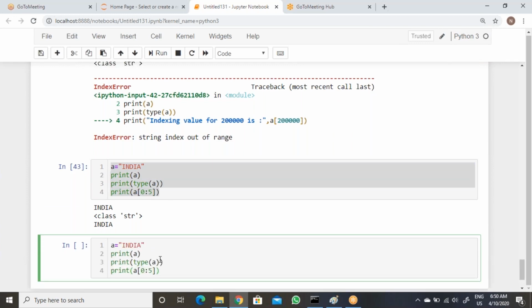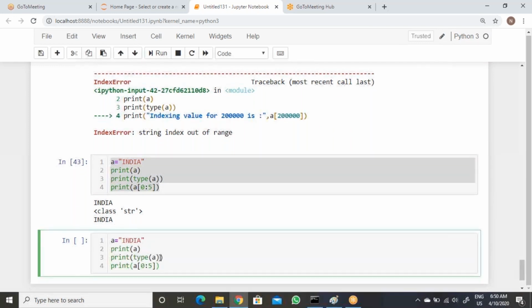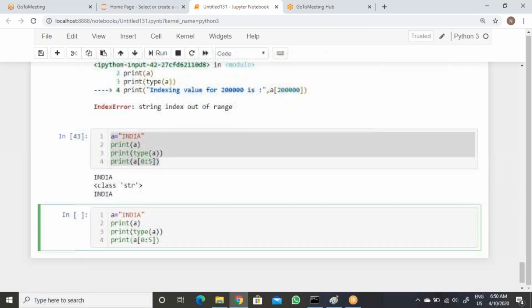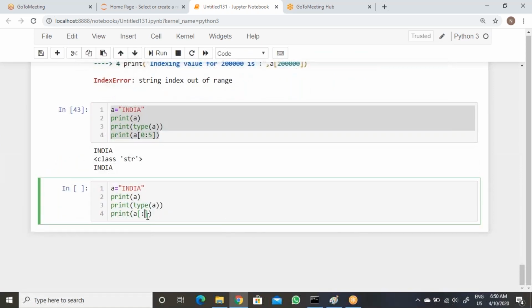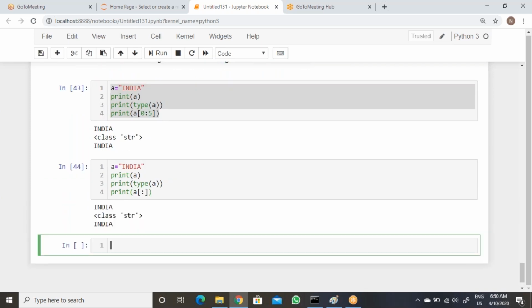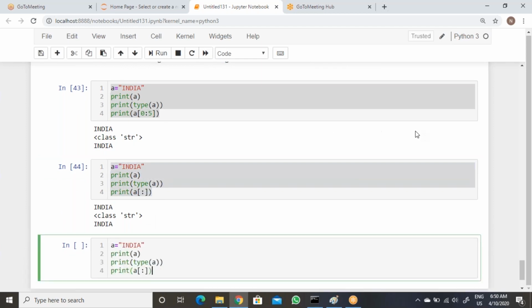Now whether you pass here or not, if you want to display the entire same string, let me explain that one also. If you are not passing the starting number or ending number, it will print the entire string only. So this is also one interview question from them. Up to now we don't have any issue with that.